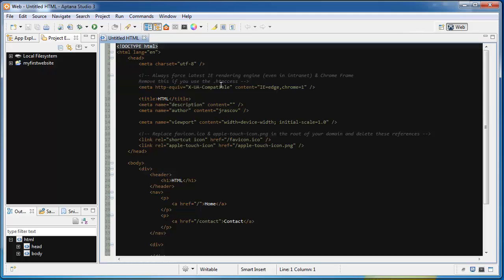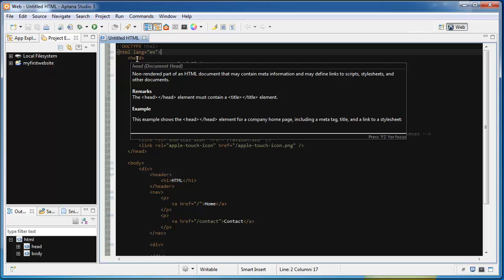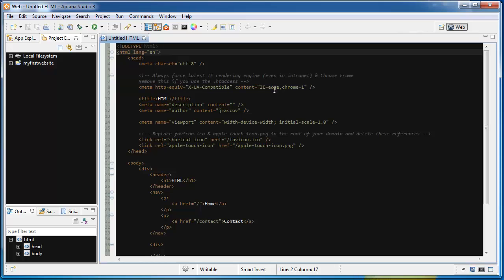This is the plain HTML5 doctype that starts with just doctype html. That's how you start. And of course it has the HTML language, English, which is EN. And then it starts with a head section, and then in the head section it will go to this, which is for